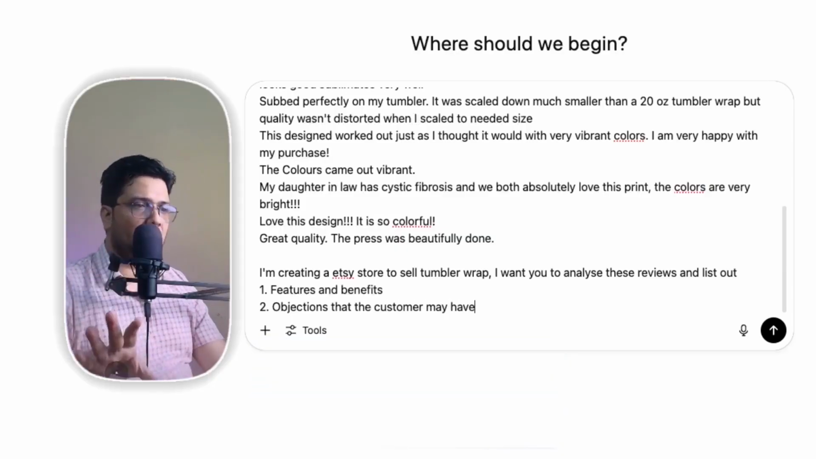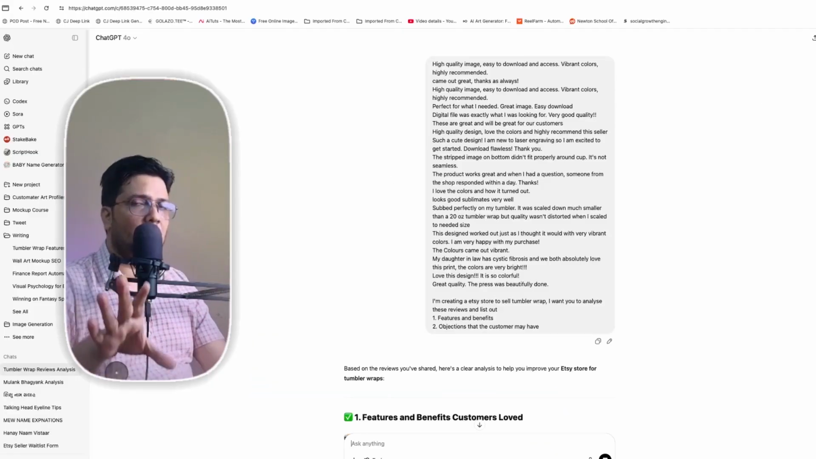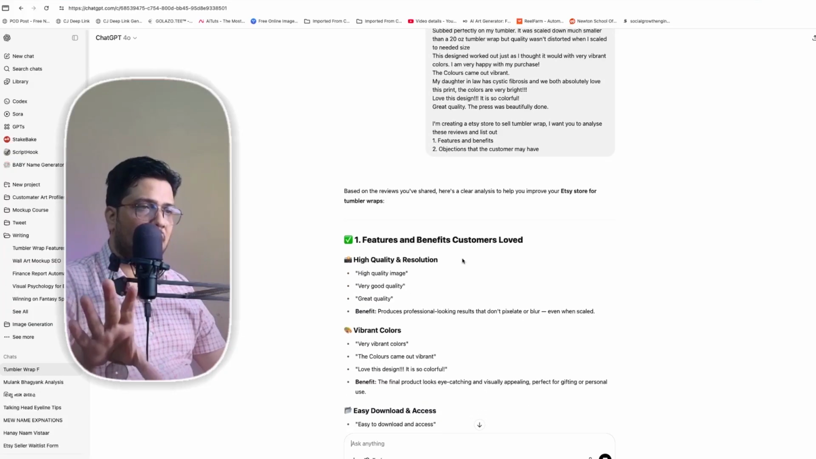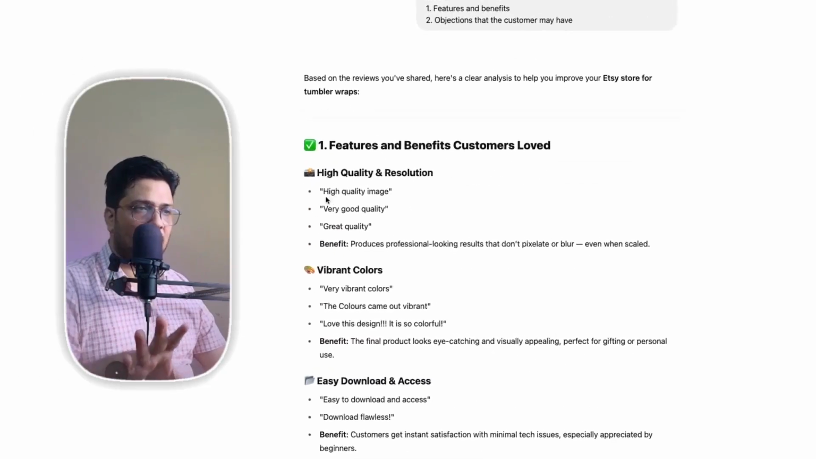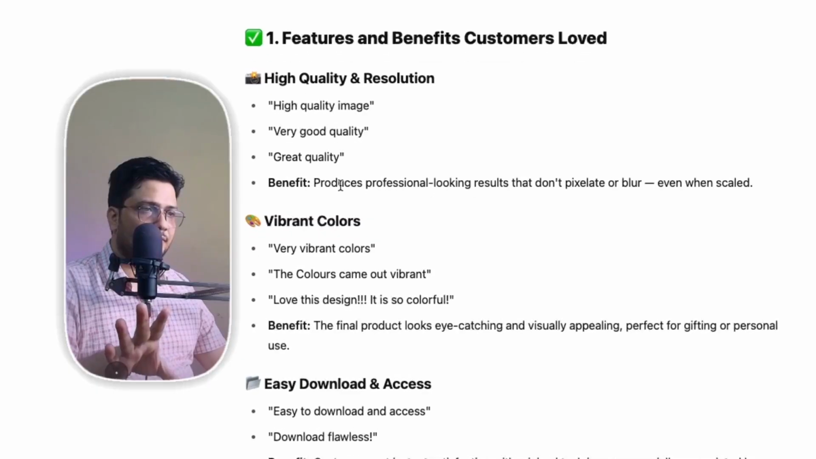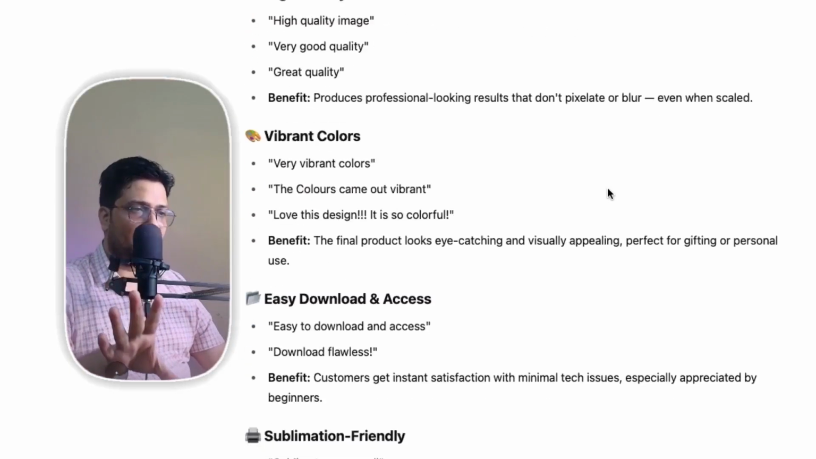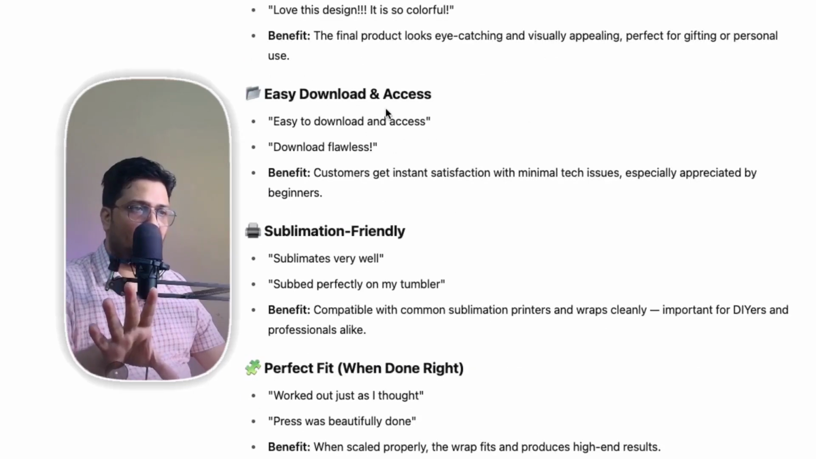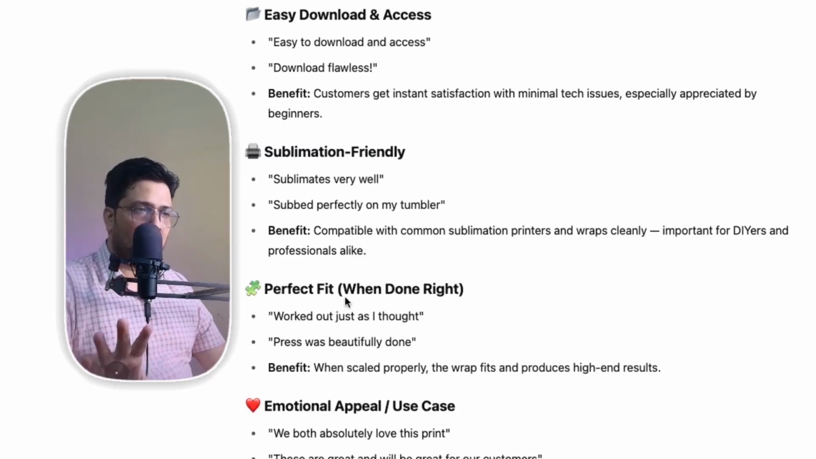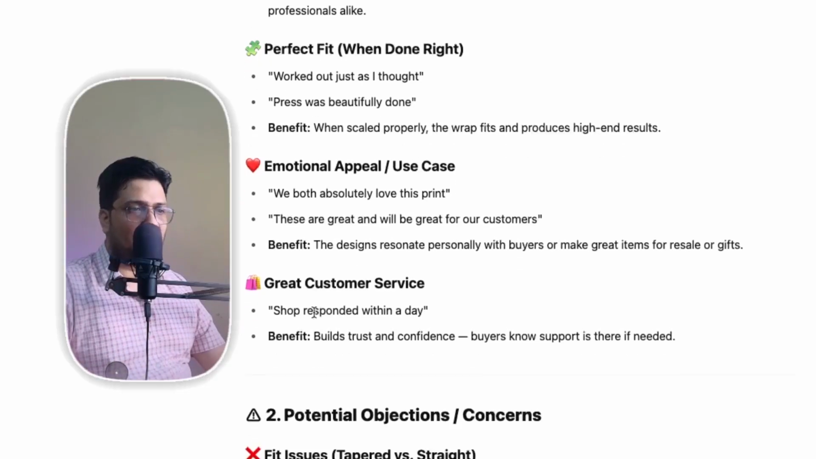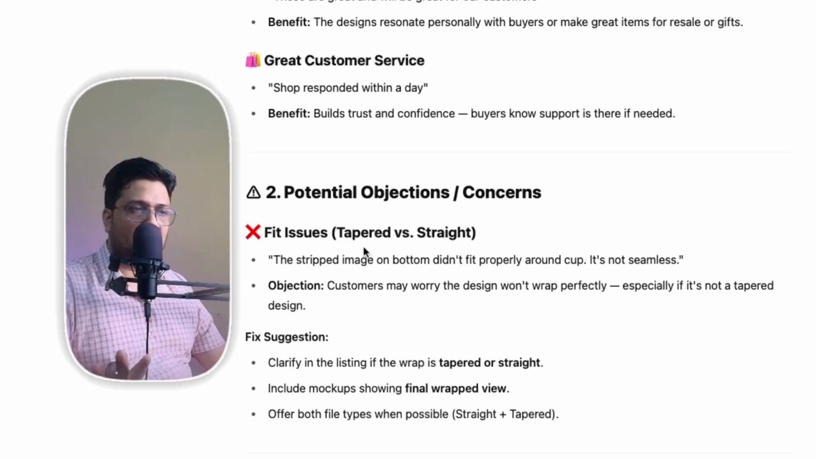That's it. Just enter this and see what ChatGPT gives you. Features and benefits customers love: high quality and resolution. So it gives you clear features and benefits: vibrant colors, easy download and access, sublimation friendly, perfect fit, emotional appeal, great customer service, and a potential objection, fit issues,